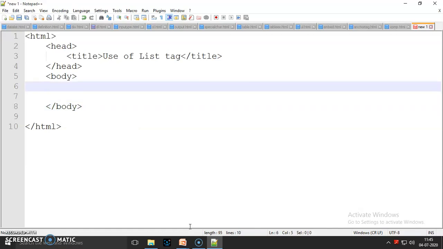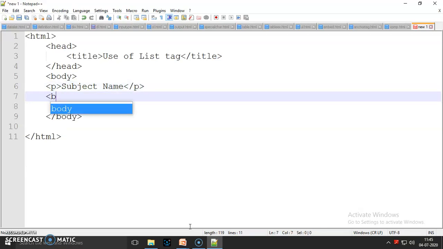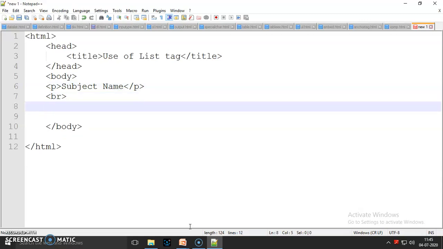In between body and /body, I created one list, an ordered list. Here I write subject name in between paragraph tag. After that, one break line is used.